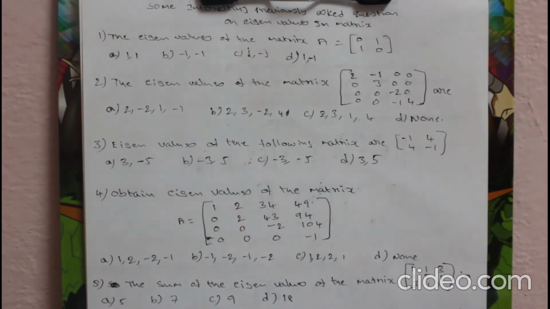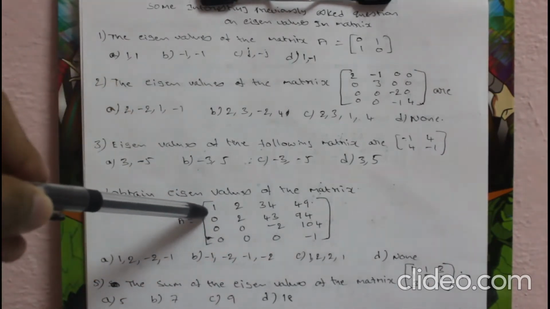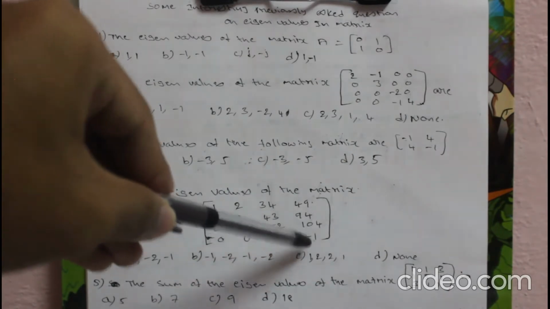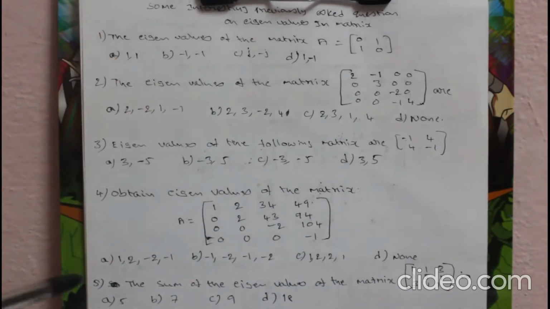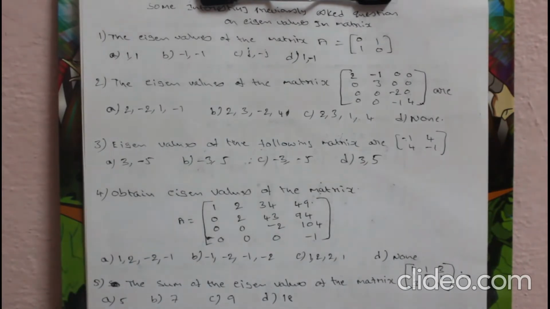In the previously uploaded video, in the note I have mentioned that in the question, if they ask for eigenvalues and the matrix is in the form of a diagonal matrix or scalar matrix or upper triangular or lower triangular matrix, then we need not calculate the eigenvalues using formulas. Directly take the diagonal elements. Those are the eigenvalues. So 1, 2, minus 2, minus 1 are the eigenvalues. Look at the options. 1, 2, minus 2, minus 1. So option A is correct. Okay.